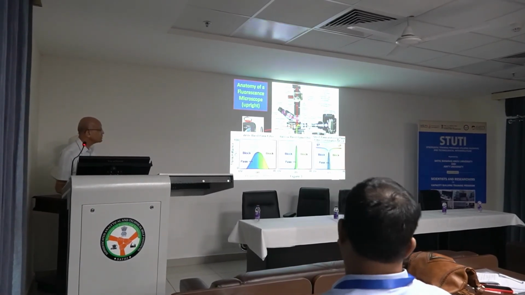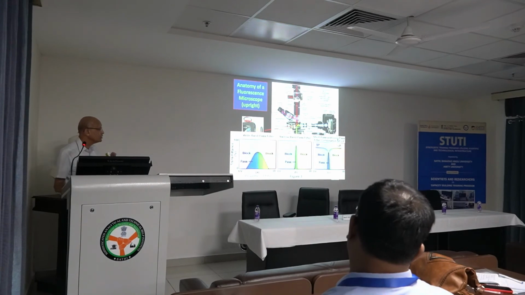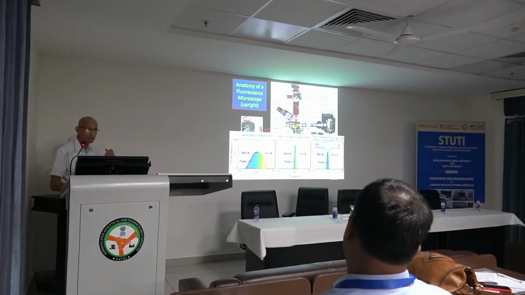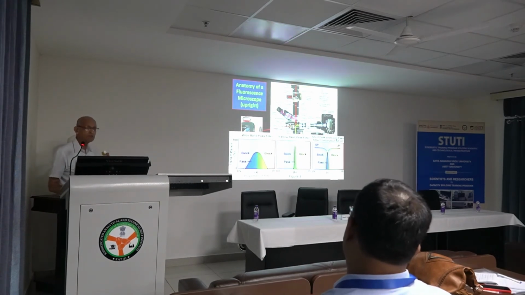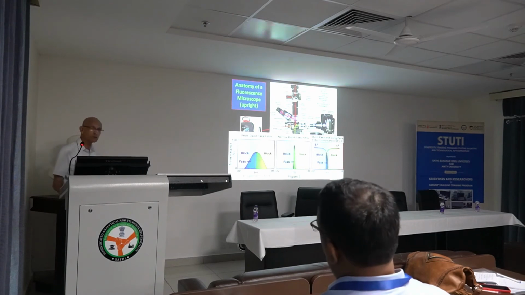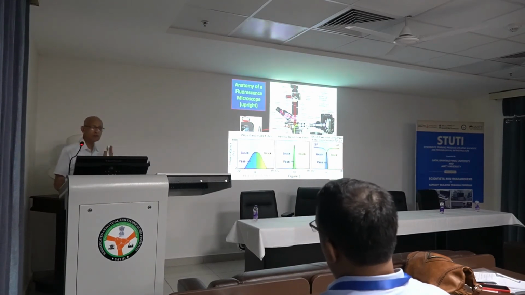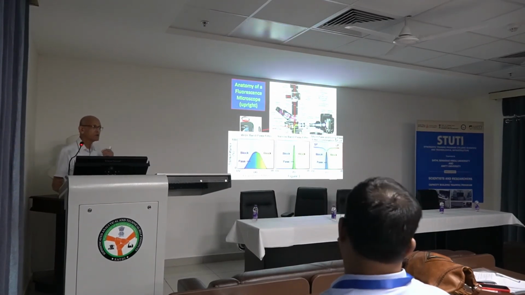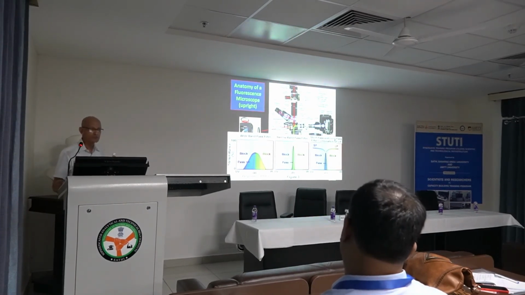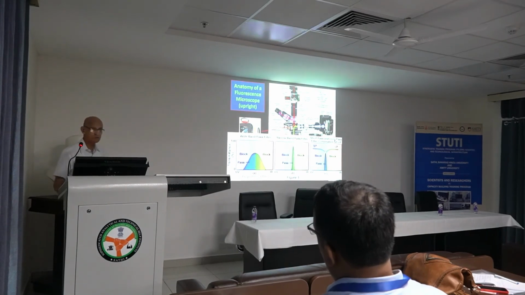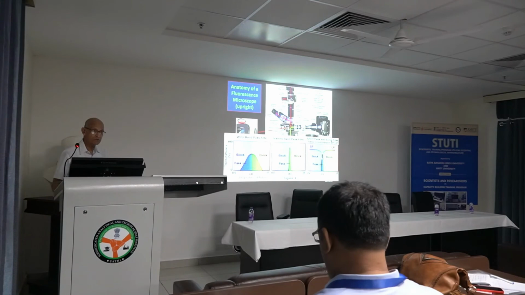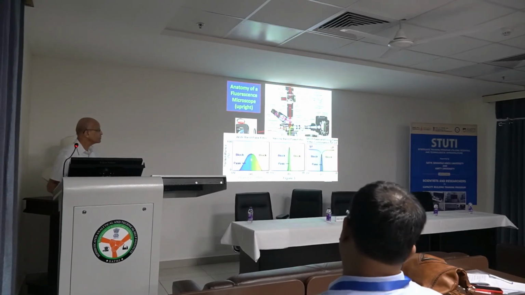Then there are narrow band pass. That means they allow only a narrow band of wavelengths to pass through them. They are very precise, although the fluorescence quantum yield will be less in this. And then there are long pass and short pass filters. So it depends upon what kind of fluorochromes you have, what is the excitation spectrum and emission spectrum. One can choose this. The narrow band pass filters are more expensive. The long pass ones are less expensive, and these are intermediate, like wide band pass.